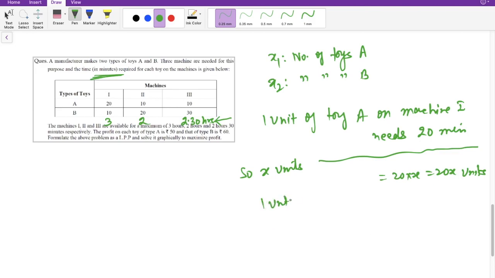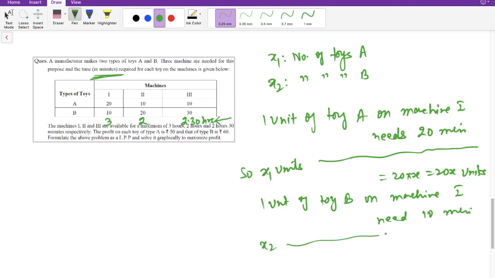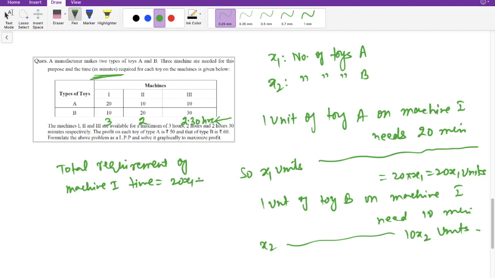Similarly, 1 unit of toy B on machine 1 requires 10 minutes, and you are manufacturing x2 units, so x2 units will require 10x2 units of time. So the total requirement of machine 1 time is equal to 20x1 plus 10x2,